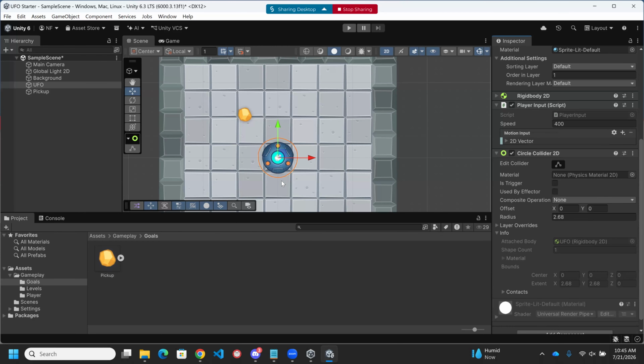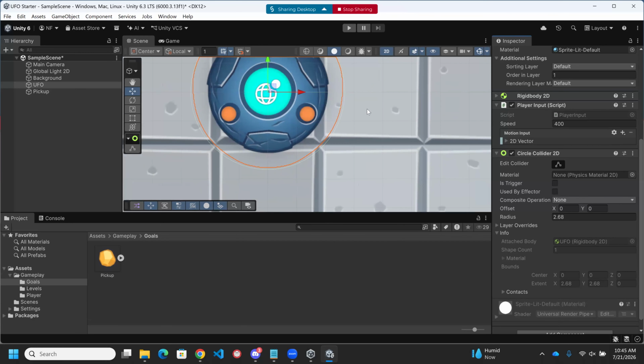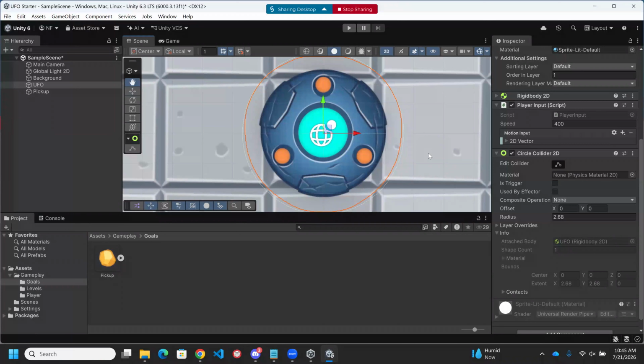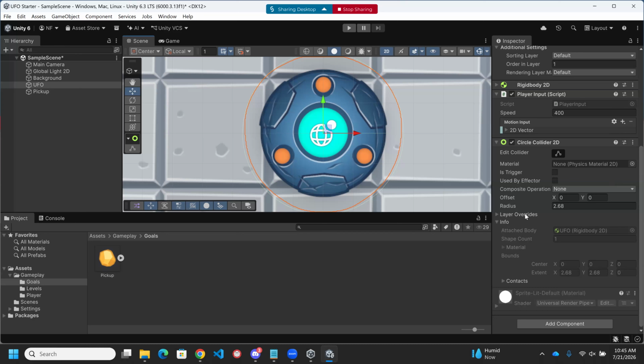I can't see it very easily. When you have things that are selected that have colliders, Unity will draw a little green line around the collider area. You can kind of just see it right now. It's pretty much in sync with the orange circle, but it is very thin. If I want to adjust it to fit better, I can either type a smaller radius,